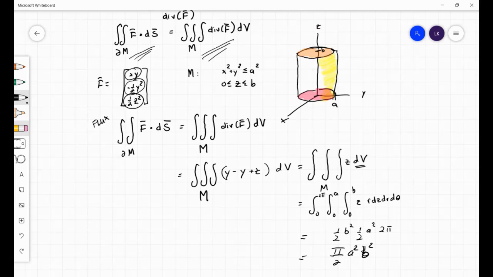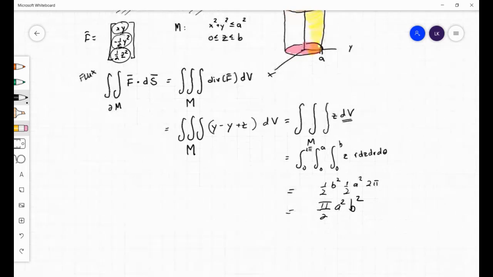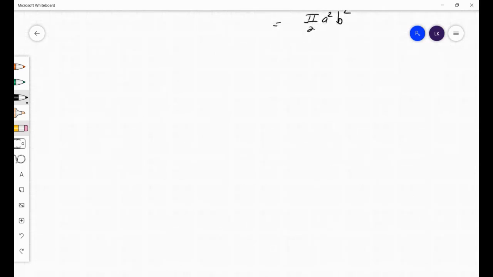Okay, let me try this one instead. Yeah, there you go. Cool. All right. So that was an example of, well, I didn't confirm. I don't have time. So I guess I'll do another divergence theorem one,